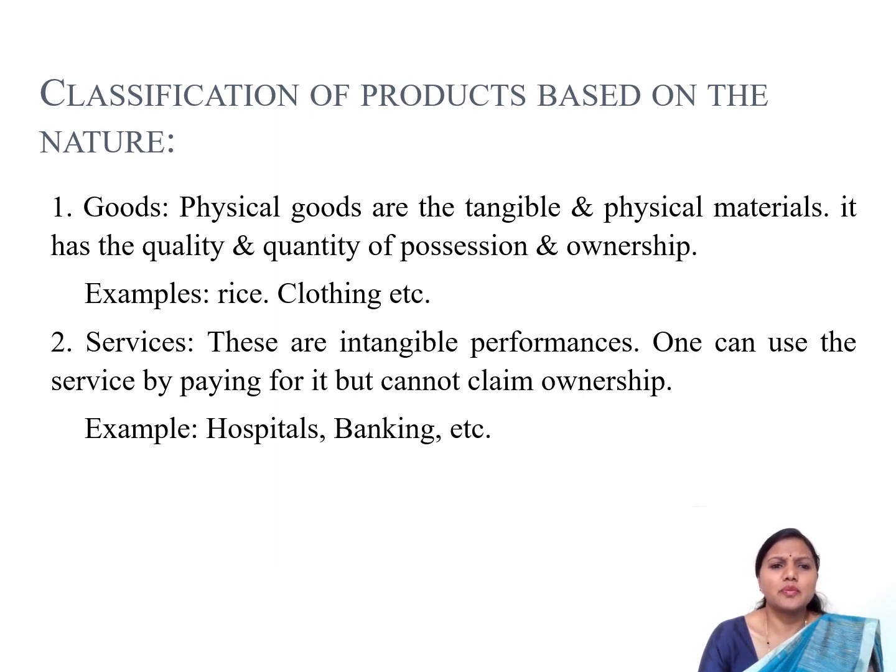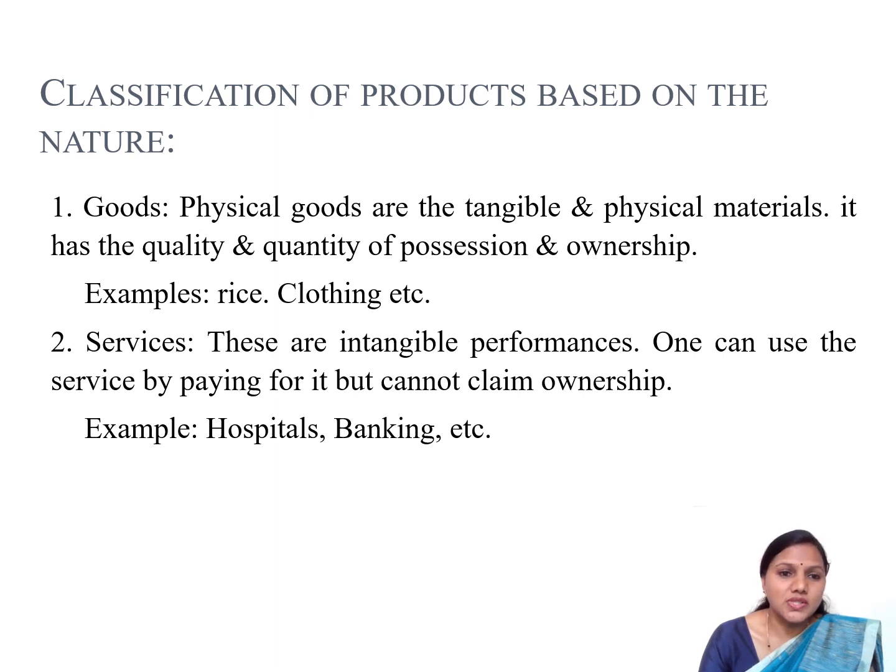classification of the products based on the nature. When we call it a product, we always think that it is a physical product only. Something such as TV, washing machine, fridge, book. These all come to our mind, isn't it? But product is of different types. Classification of the product is based on the nature. There are 10 types of products.